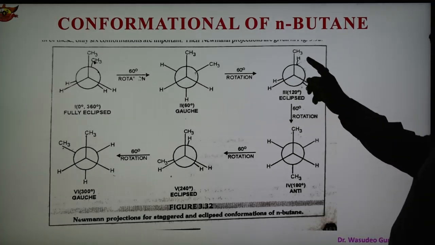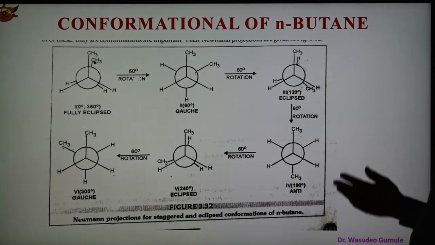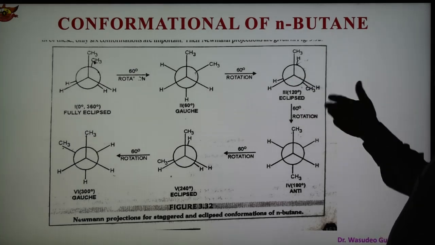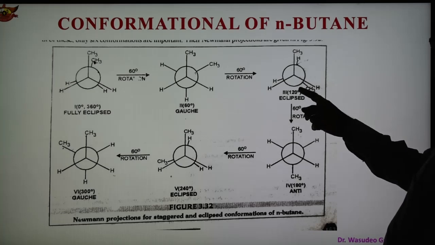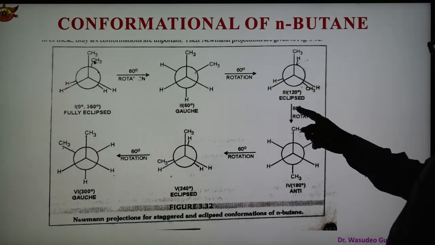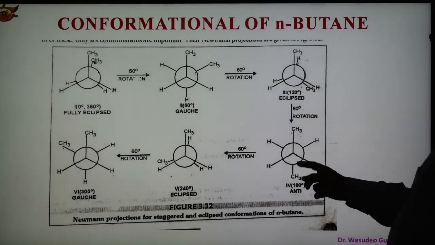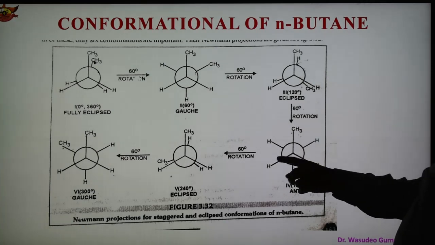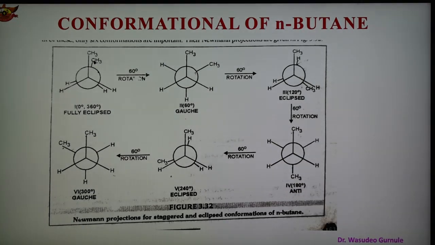Again, the front carbon is fixed, and we are rotating the back carbon and the groups attached to it. So the 3 groups have a different arrangement. When conformer 3 is rotated by 60 degrees, we obtain conformer 4, a total of 180 degrees. This is the anti of the first one: this is fixed, and opposite to that we obtain this structure, which is therefore known as anti.